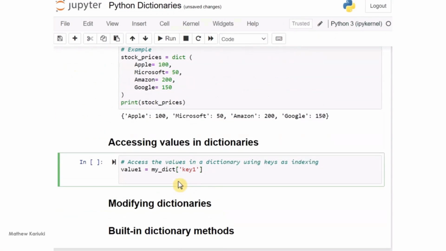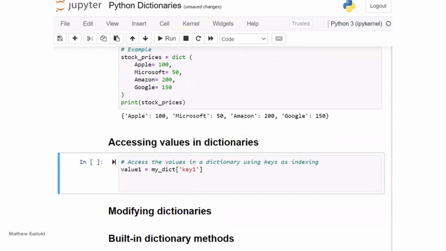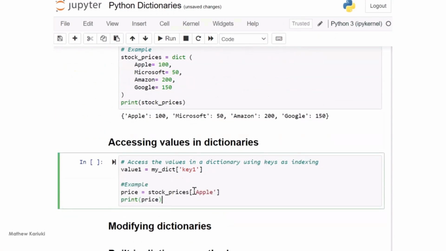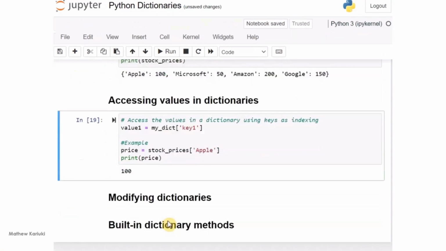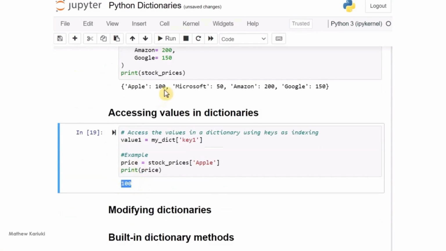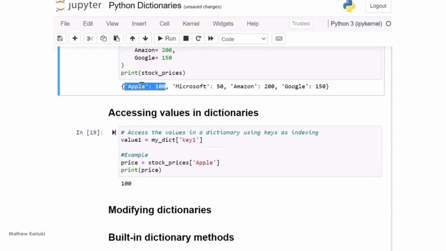So going back to our example, we can check the price of Apple stocks. And how to do that, we use the key Apple as our index. And if we execute that, it's going to get the price of Apple. So if I execute that, I get it's 100,